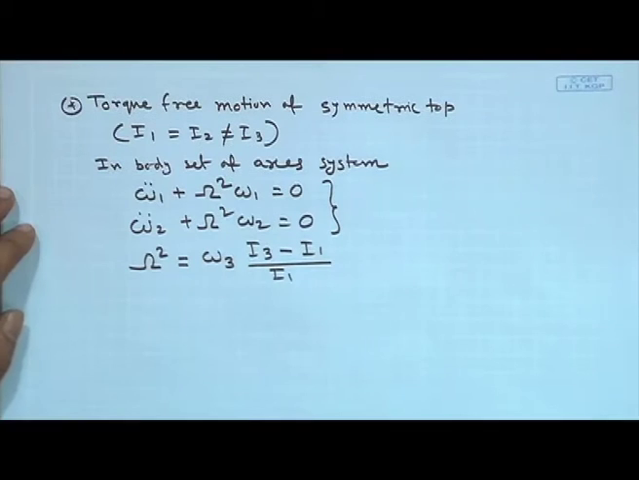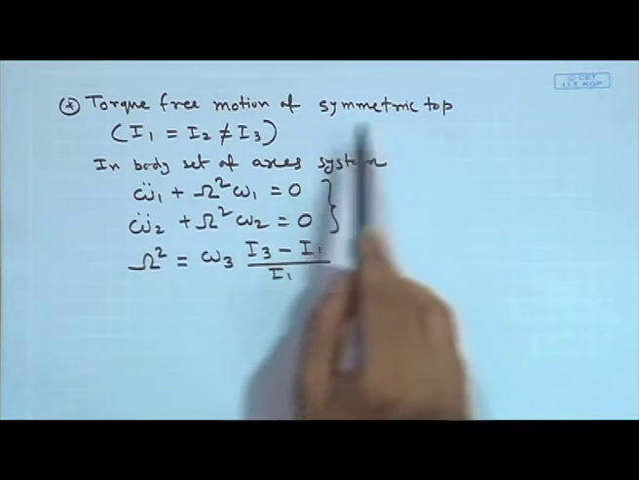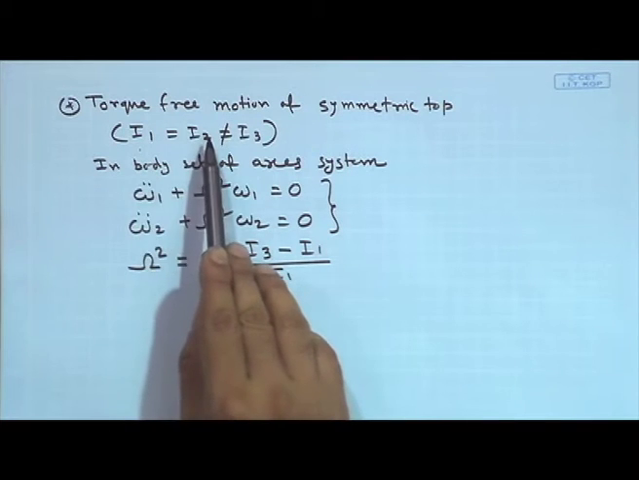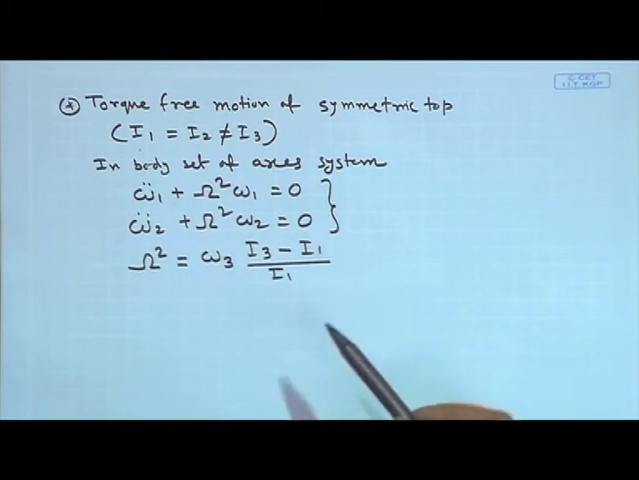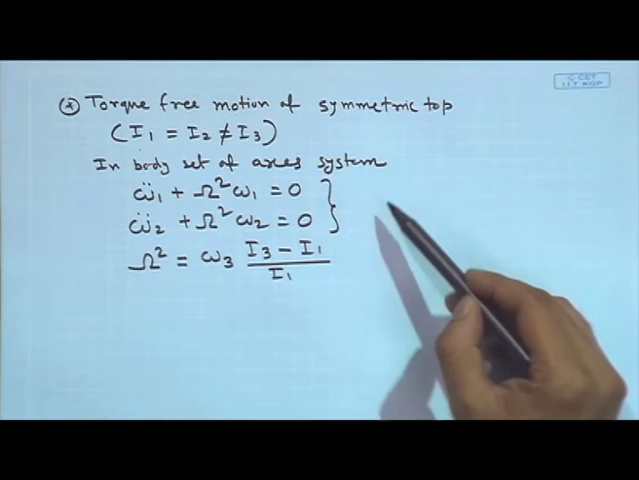Torque free motion of symmetric top is what we were discussing in the last lecture. So, we continue on the same line. Now, if we remember torque free motion of symmetric top, where symmetric top essentially means I1 is equal to I2, which is not equal to I3, and when we write the sets of Euler equations in body set of axis,